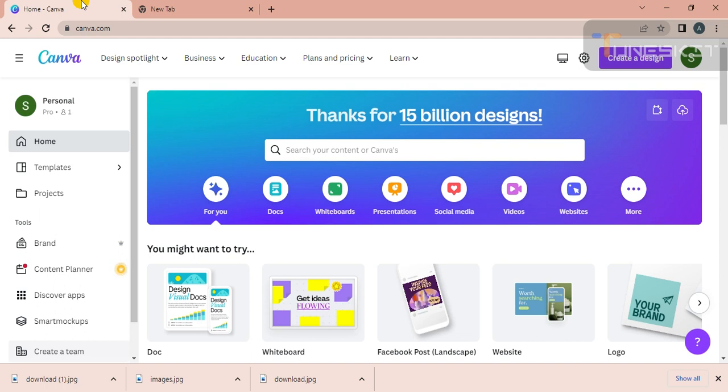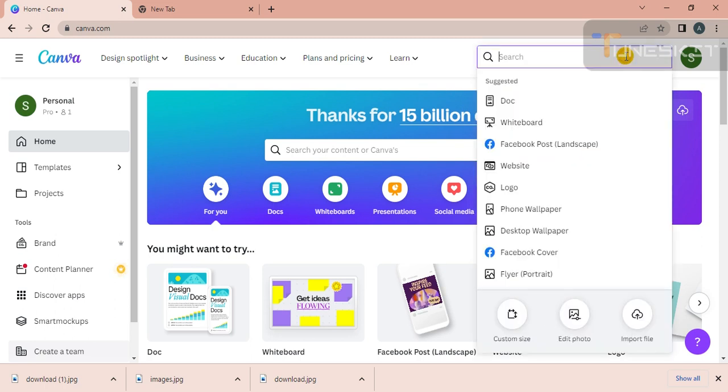Canva.com automatically makes your Canva account. So this page will appear. This page shows how you can create a post. If you have an order from whatever site, Upwork, Fiverr, or a local site, or you have a manual order from your customer, just simply click on create a design and right here